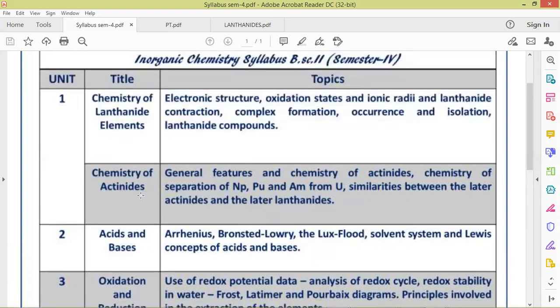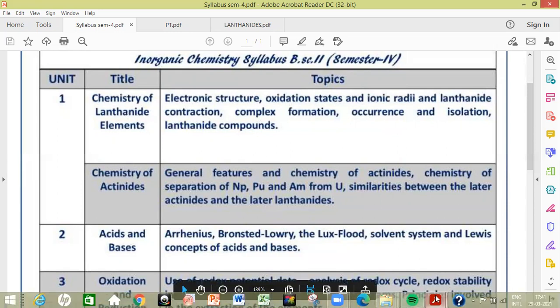So in this video, we'll be starting with the very first part of the first unit, that is chemistry of lanthanide elements. So your first unit consists of 2 parts, that is chemistry of lanthanide elements and chemistry of actinides. Now, what are these lanthanides and actinides? If we look at the periodic table,